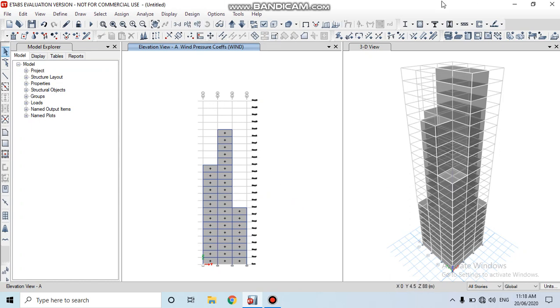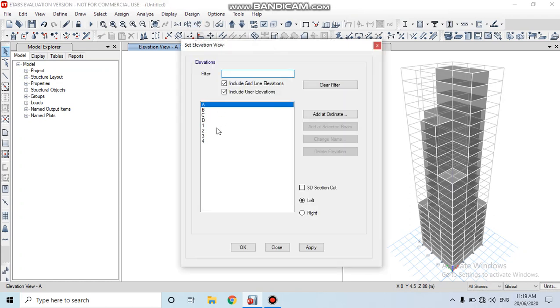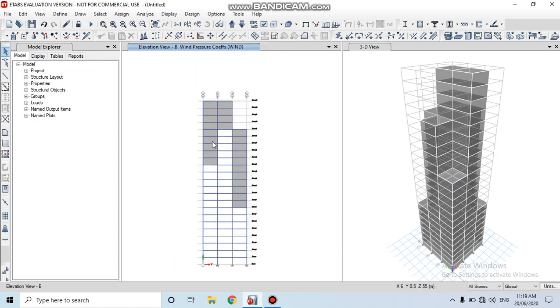Then click on elevation option. Then select B. Then click on OK. Here the shells are to be selected. See that it was set to all stories.